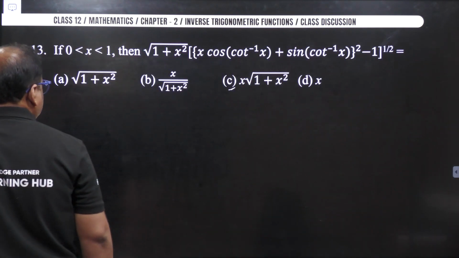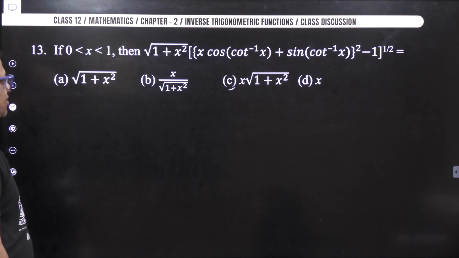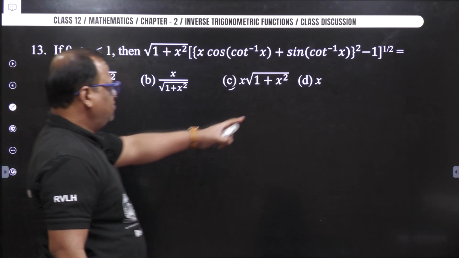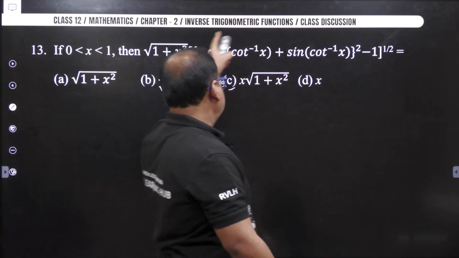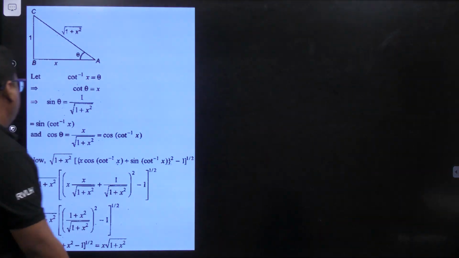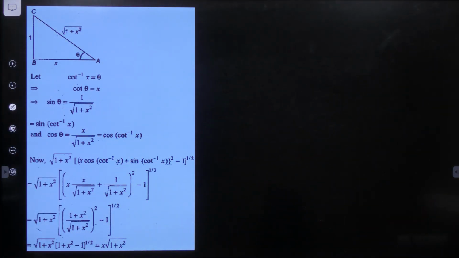Okay, so this looks very lengthy. This is actually square root, by the way. So this is square root of this entire thing. See, if you observe this,